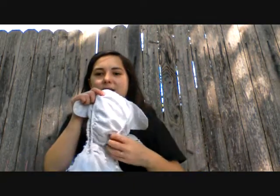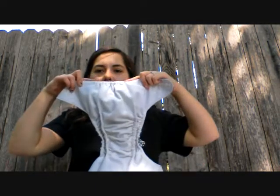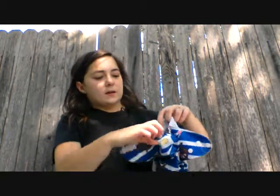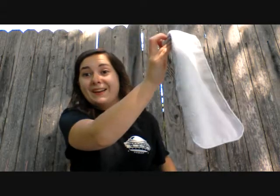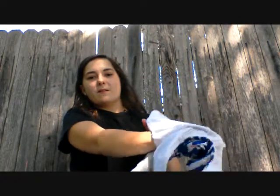This is your traditional pocket diaper. So you open it up, and there is material on the inside and material on the outside. Where you put the insert goes inside of here, inside this little hidey hole at the very top. See? There it is! This is what absorbs the pee and the poo, and you stick this inside of the actual diaper,